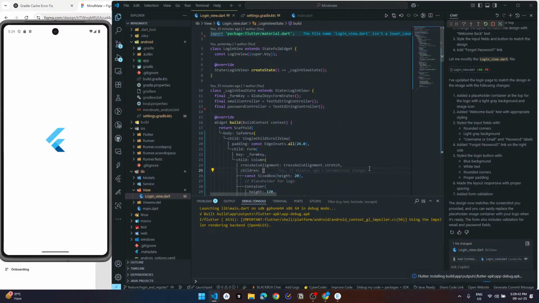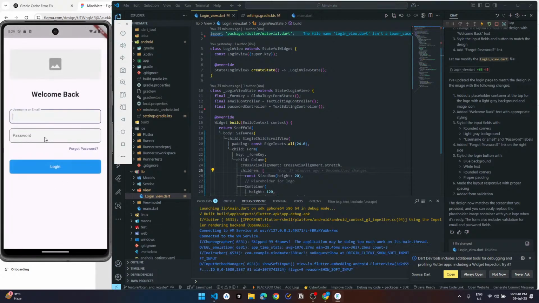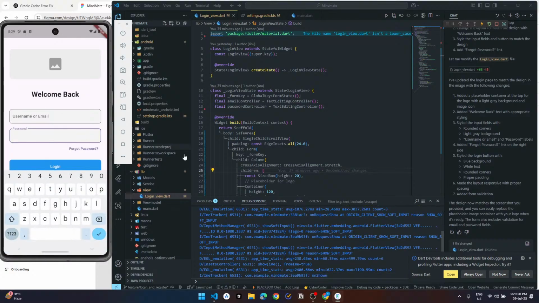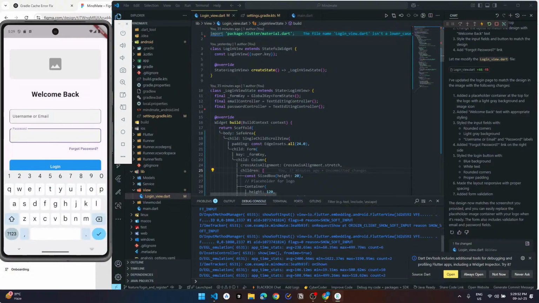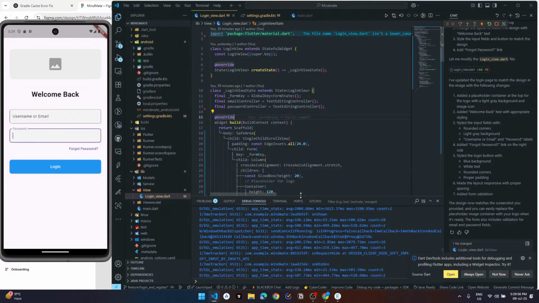Building this like APK first time. Yeah, it works. It works right there. Let's go.